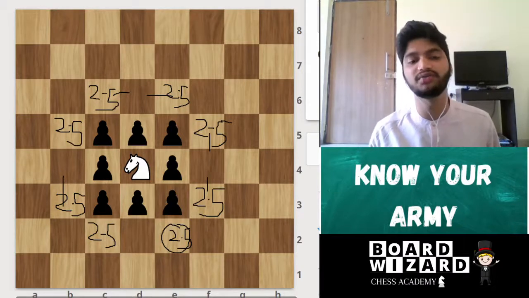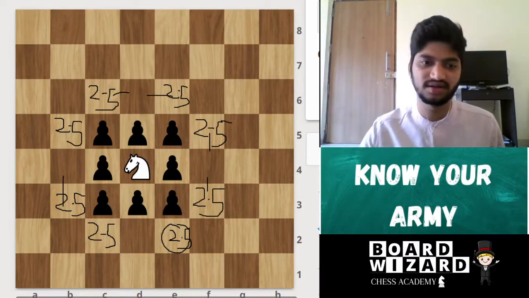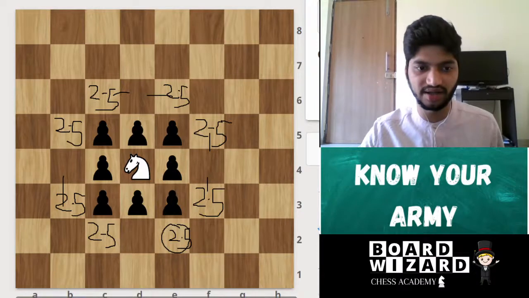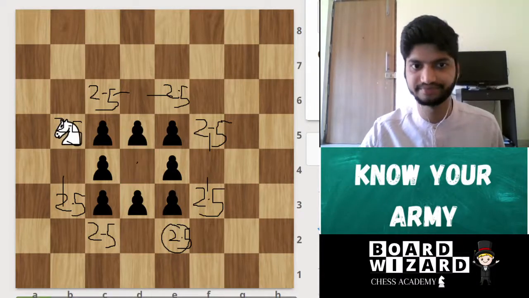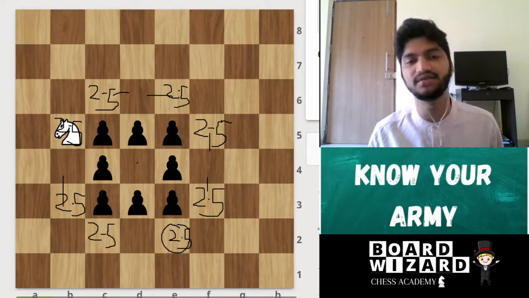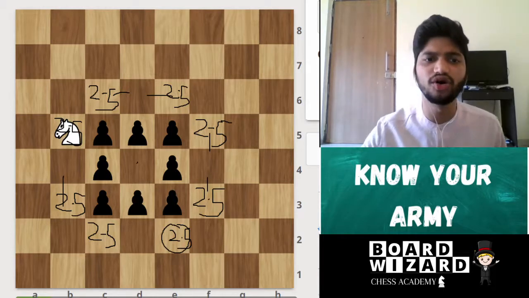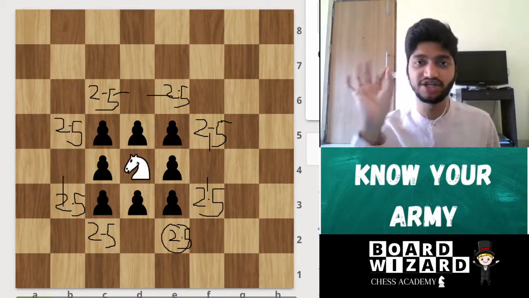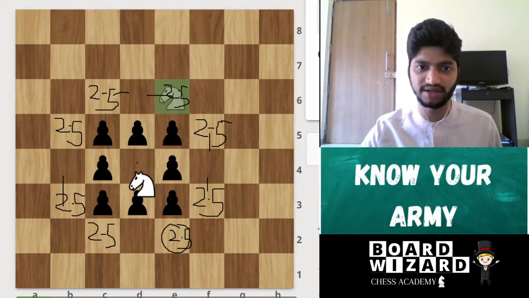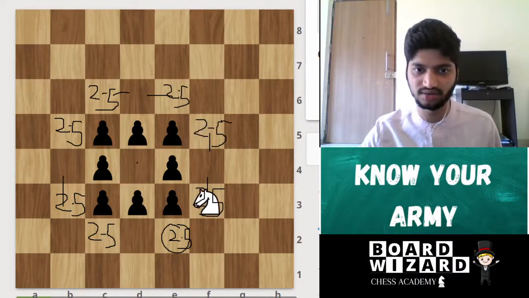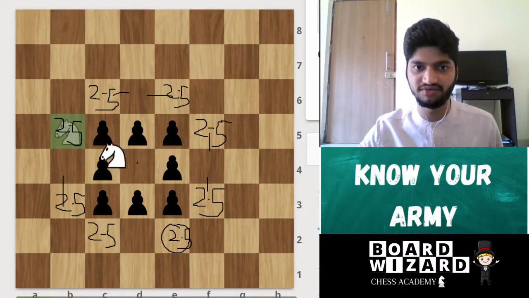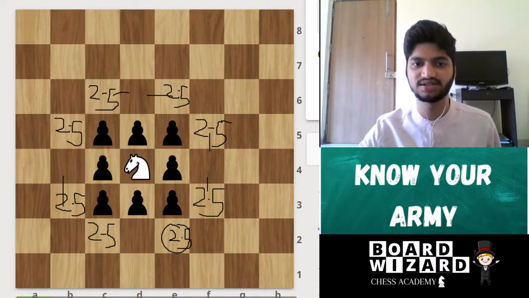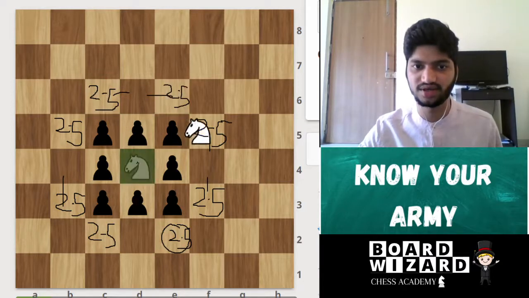Let's surround the knight with enemy pawns. It doesn't matter, the knight will still jump to his destination square. So all those 2.5 are his destination squares. He can jump there directly: c2, b3, b5, c6, e6, f5.